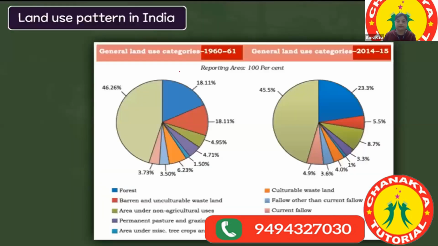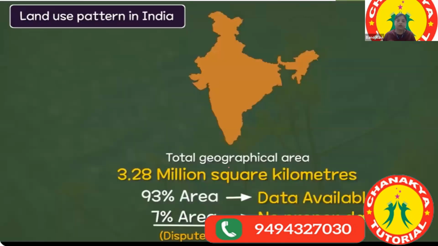Here we have this graph that is there in your textbook also. So we have 46.26% of area under non-agricultural use. Now in 2014-15 it is 45.5%. Now the total geographical area that we have is